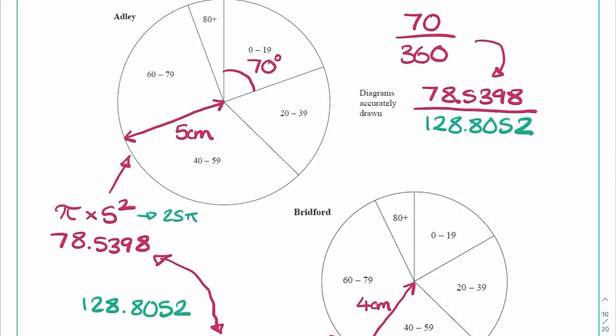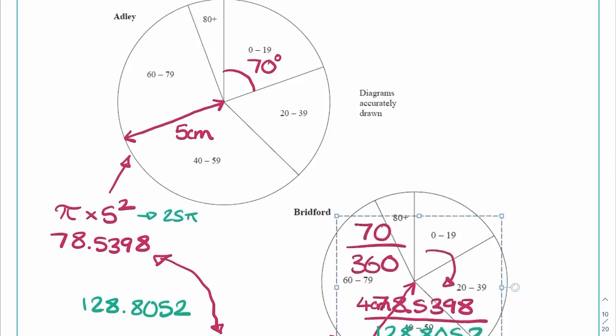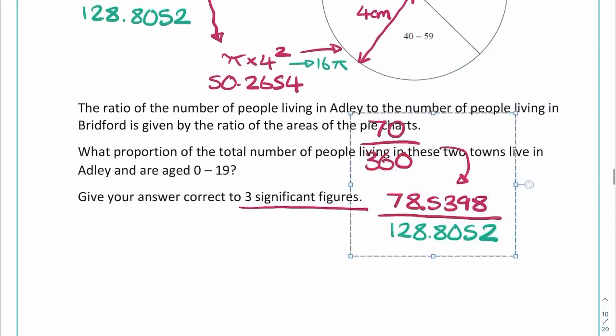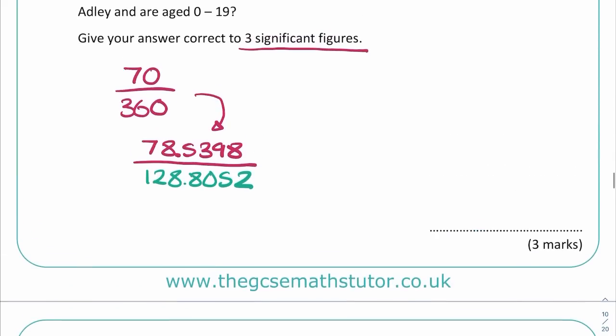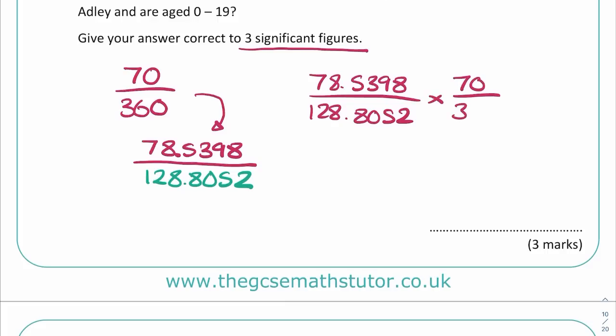So if I bring these down below, we'll bring that down here so that we can type those in. 78.5398 over 128.8052, and just multiply that by the fraction that we're looking at. It'll give us our answer as a decimal, but that's fine. Let's just type it in. 78.5398 over the 128 number multiplied by 70 over 360, and that gives me the decimal